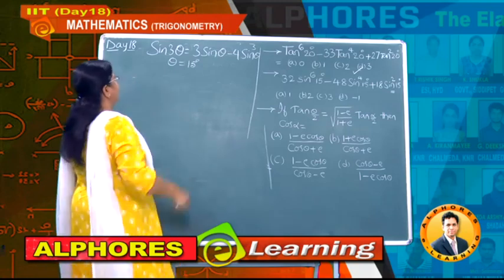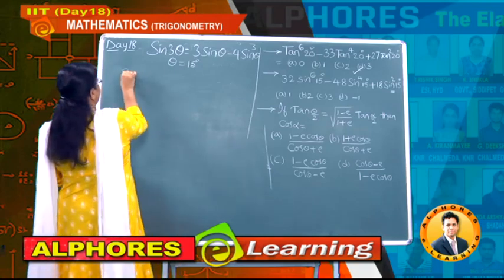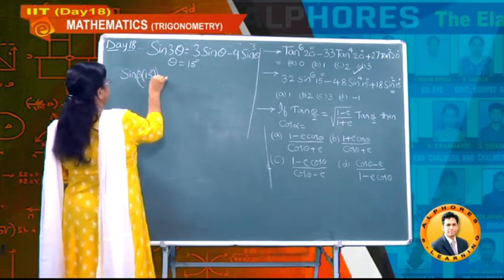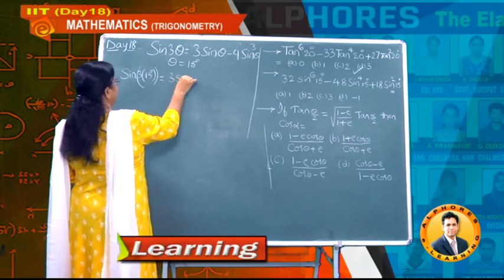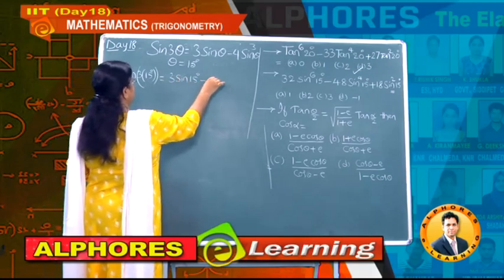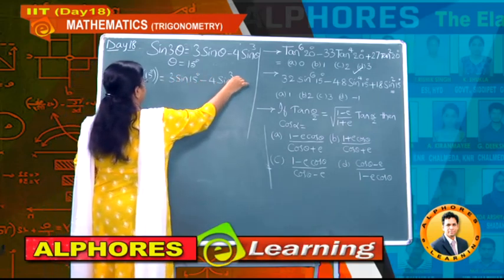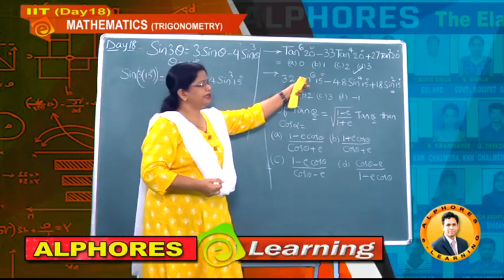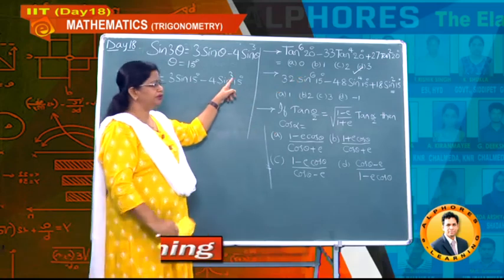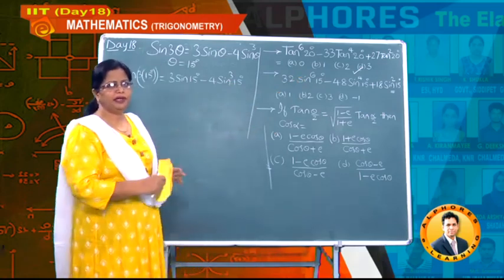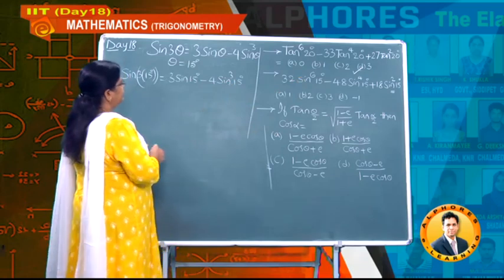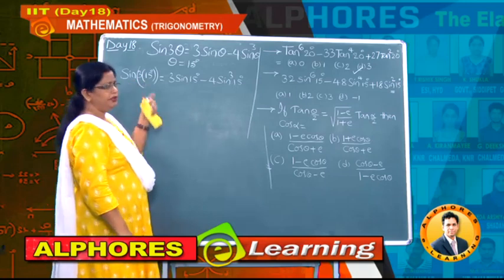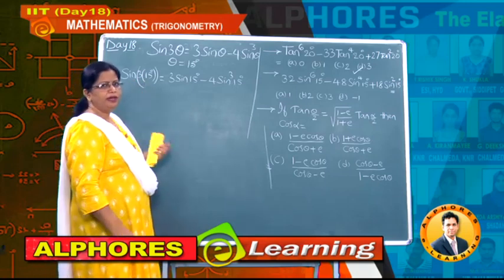Okay. Now what we are writing here, this is sine 45 degrees, that implies 3 into 15 degrees, and this is equal to 3 sine 15 degrees and minus how much? 4 sine cube 15 degrees. Okay. Now after writing in this way, students observe here power 6 is there, but here we have stopped with only 3. So let us do here squaring both the sides. Now if you do square both the sides, first let us know about this value. And what is sine 45 degrees? Actually it is 1 by root 2.